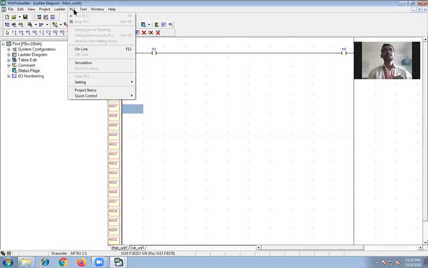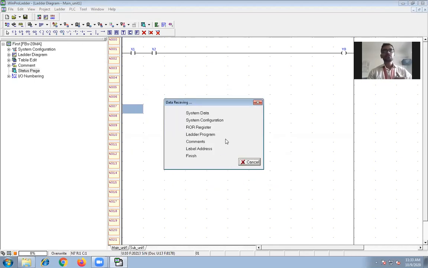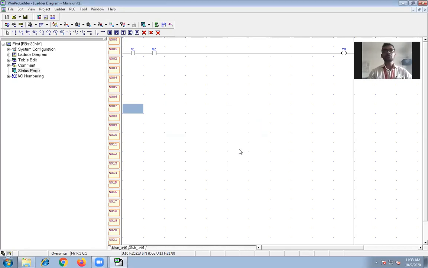So in PLC, whenever you have to load the program, you will click on online. When you click online, that program will go through cable to the PLC. So it detects whether PLC is connected or not. But see what problem it will give. See, connection fail, want to connect again, means no PLC is connected, so you cannot load program. So this becomes failure.